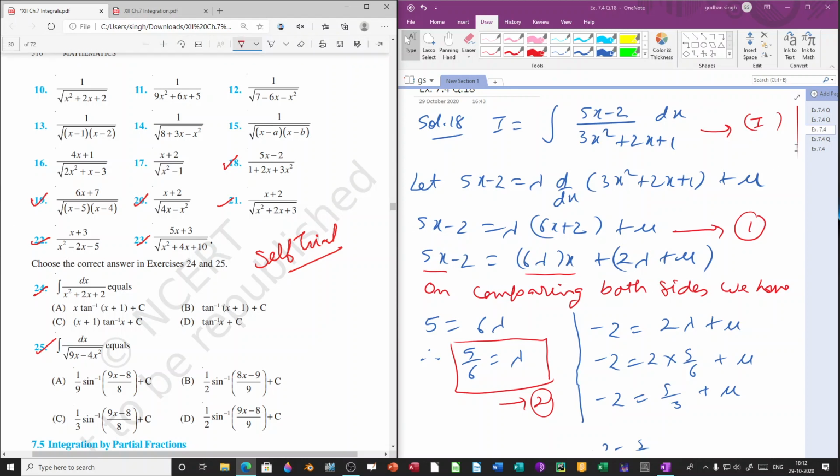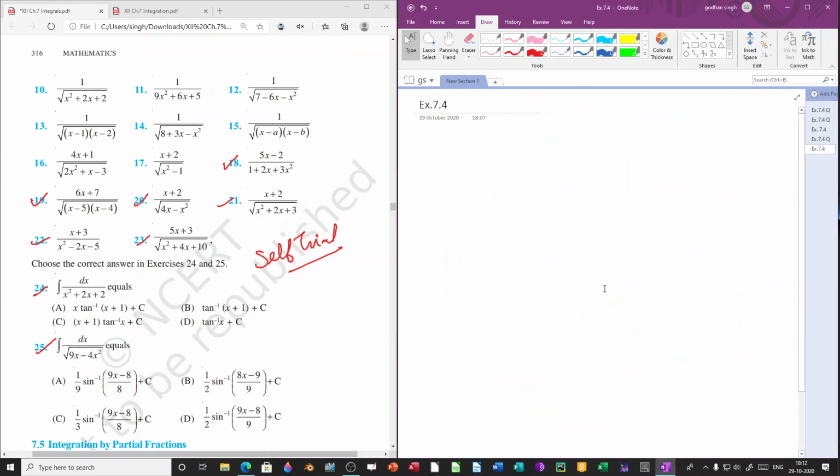So question number 17 and 18 we have done. Question numbers 19, 20, 21, 22 and 23 you will all solve, and this 24 is like the earlier questions we have done from 10 to 15, so not difficult at all. Question number 24 also you will do on your own.